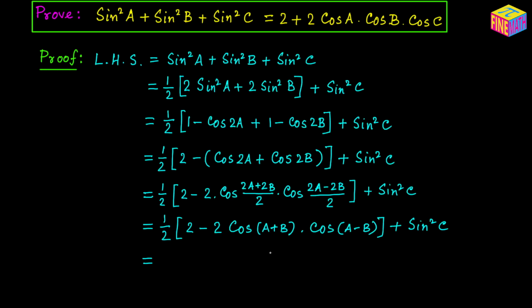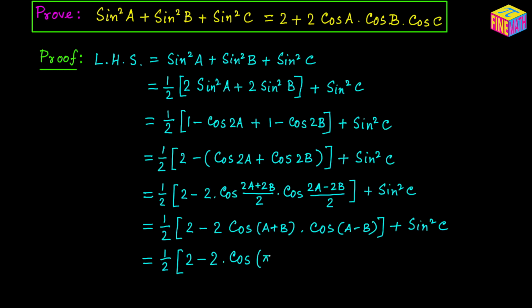And from here, let's convert a plus b into pi minus c. So in place of a plus b, we are going to write pi minus c. So that would be 1/2 times, within the bracket, we have 2 minus 2 times cosine of, in place of a plus b, I am going